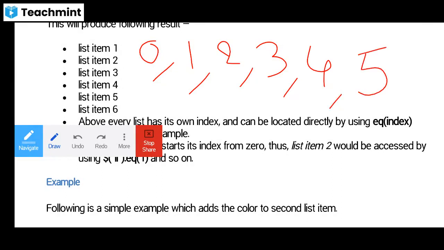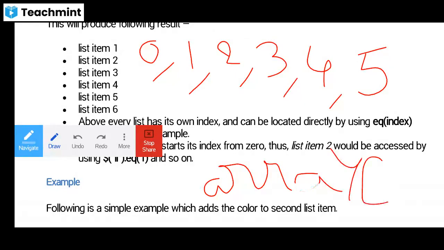By using the array method, from 0 to 1, 2, 3, 4, 5, we are going to use the array here. So array of 0, array of 1, array of 2. Like this, we are going to use the particular element.